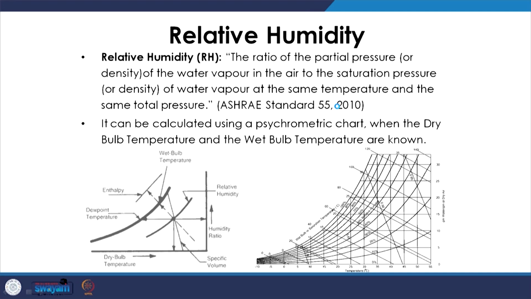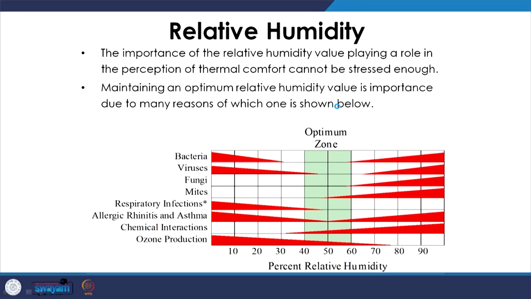Rains happen when it is 100% relative humidity, so the air is saturated with the maximum moisture it can contain. Relative humidity has to be maintained at an optimum level between 40 to 60%, not just from the thermal comfort point of view, but also from the point of view of growth and development of different kinds of bacteria and viruses in the environment. Fortunately, 40 to 60% is also the range where human beings feel thermally comfortable, of course, along with the given conditions of temperatures.